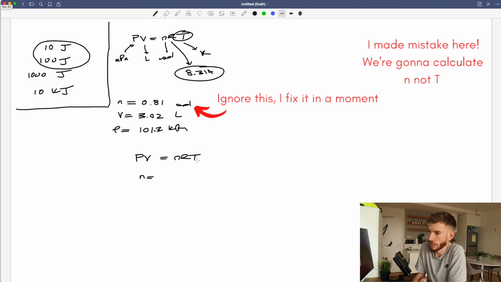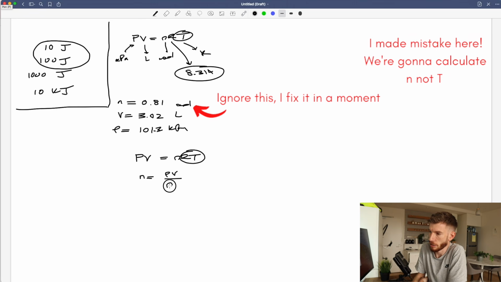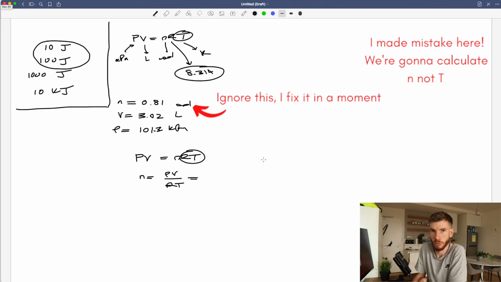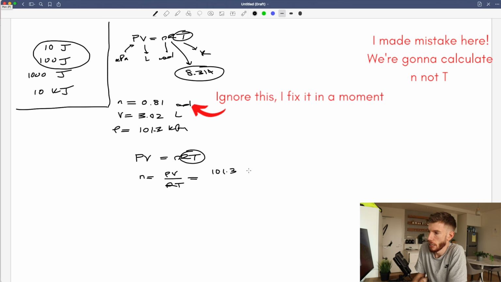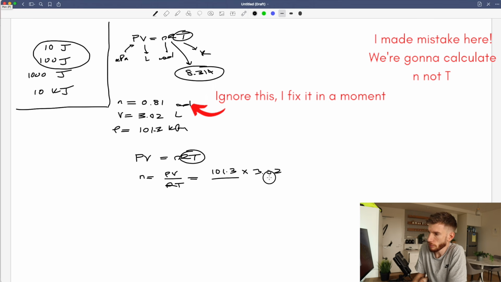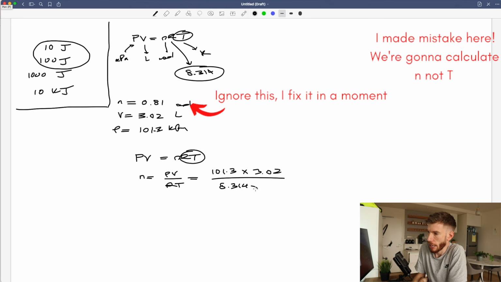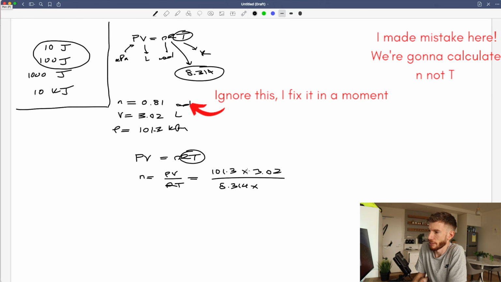So first thing is we can just divide RT across as a big lump. So PV on RT, and then we plug our numbers in and see what we're dealing with. So pressure, 101.3 kilopascals, multiplied then by the volume, 3.02, and then divided by the R, which is 8.314, and then times by the temperature, which I just realized I stuffed that up. Let's change that. Let's say we don't know the number of moles,